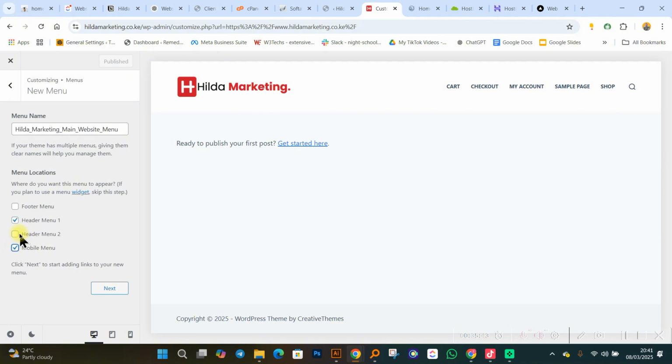Now, remember, when you're creating a website, there is something we refer to as responsiveness. Responsiveness is the ability of your website to be visible on all various devices. How many guys can see something down here? Something is drawn here. You have the icon of a PC, the icon of a tablet, and the icon of a mobile phone. That is where you customize the responsiveness of your website. So I have created a new menu over here, and then I'm going to click on next.